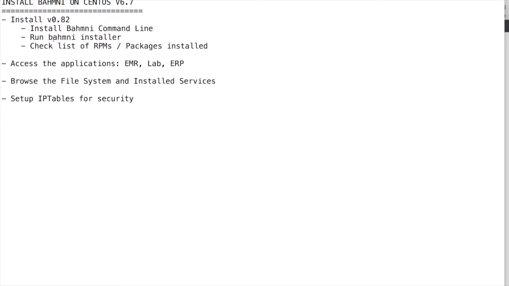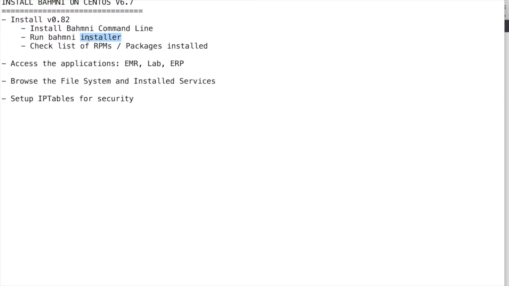After that, we will run the bahmni command in install mode so that it will install all the relevant packages for you. When you install using the Bahmni command line, you set certain environment variables and certain configuration settings in a file for the Bahmni installer, so that you can tell it, hey, I want you to run the install, but only install these pieces and set the following information, like maybe you want to change the credentials or certain other settings.